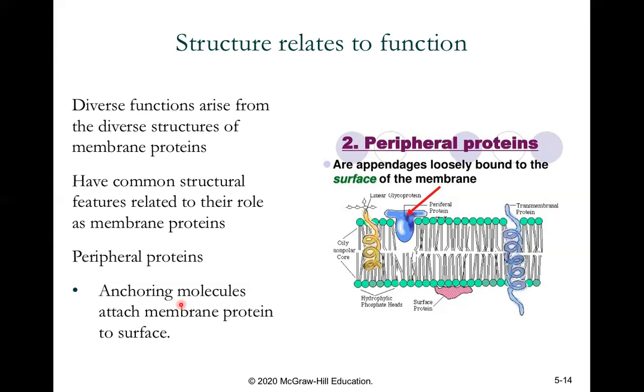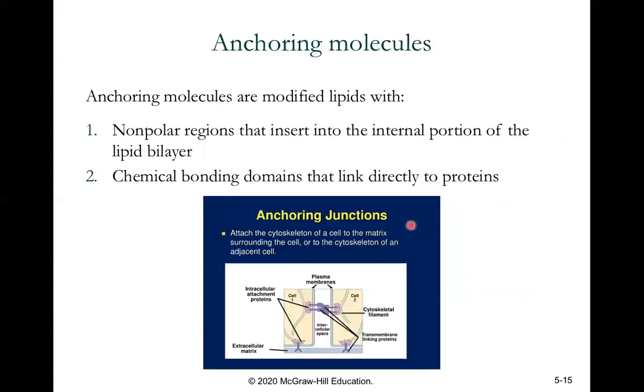Now, peripheral proteins are anchoring molecules that attach membrane proteins to the surface. As we see in this image, here's the peripheral protein that is loosely bound to the surface of the membrane that we just defined. Within anchoring molecules are modified lipids with nonpolar regions that insert into the internal portion of the lipid bilayer. We know the chemical bonding domains that link directly to these proteins are the second part of how these anchoring molecules